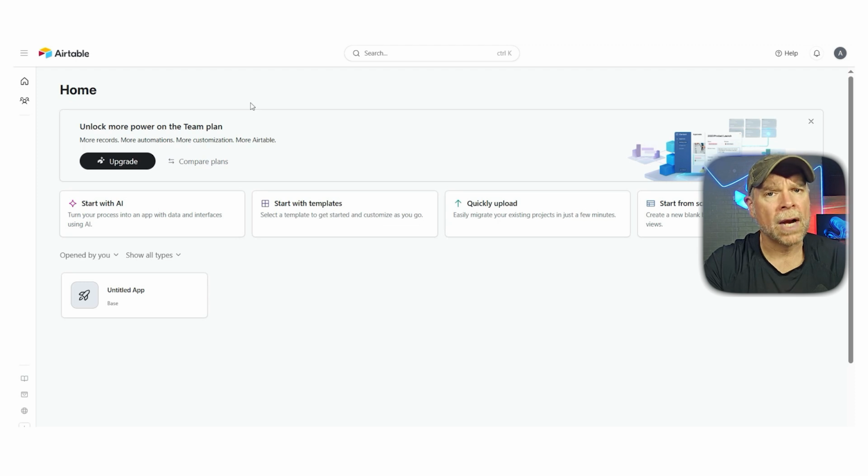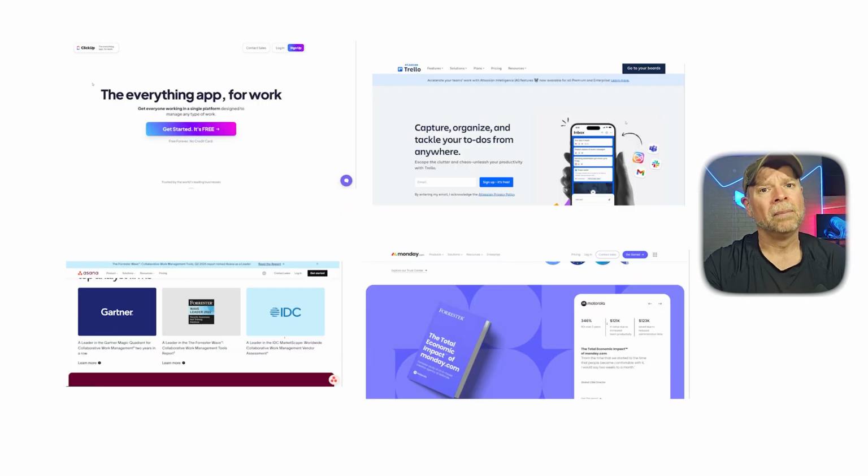But if you'd rather not deal with any of that and just want something that works right out of the box, then Clickup, Monday, Trello, or Asana will feel much more natural. Now, these tools come with standard features like task assignments, comments, due dates, and progress tracking, and they're all organized in a way that's familiar to most teams. You don't need to reinvent the wheel, which can be a big plus if your goal is speed and